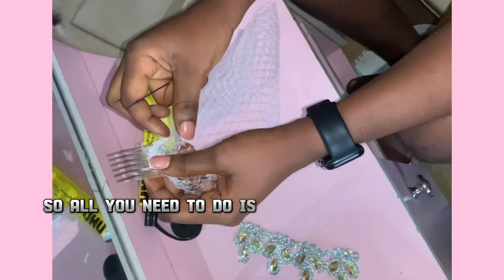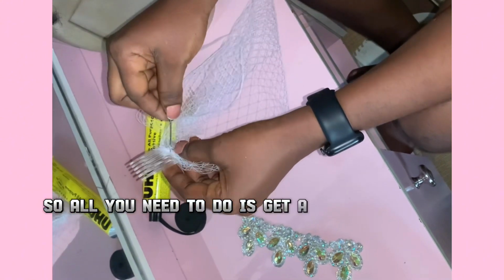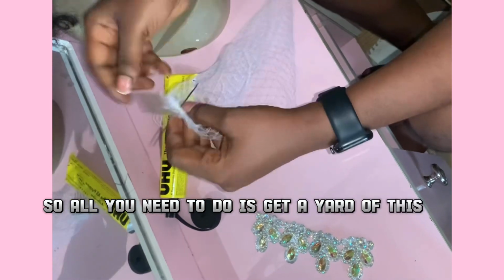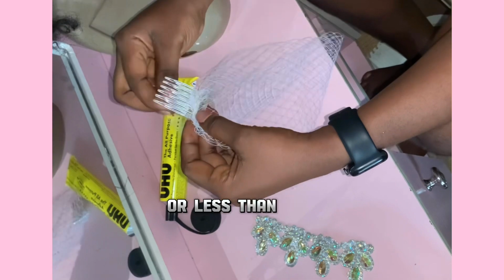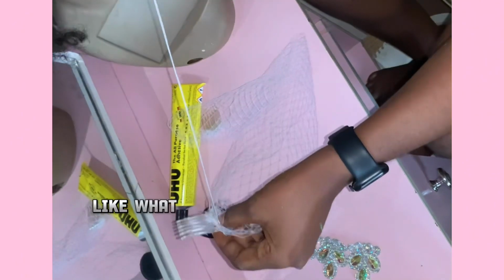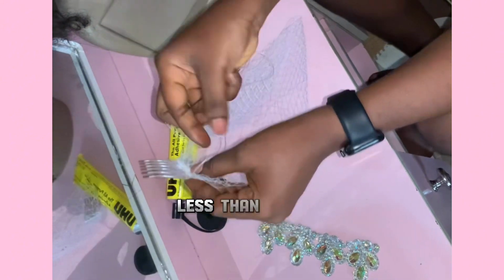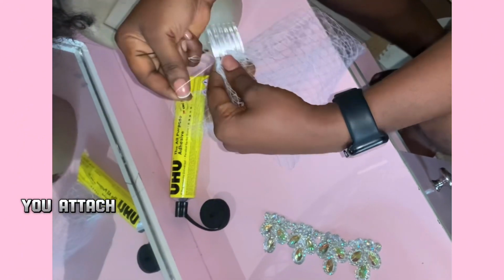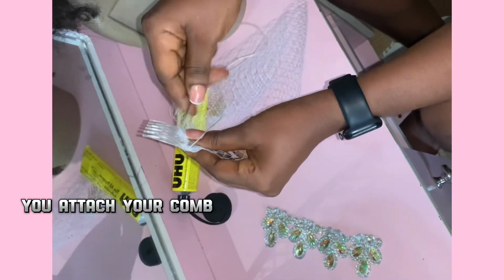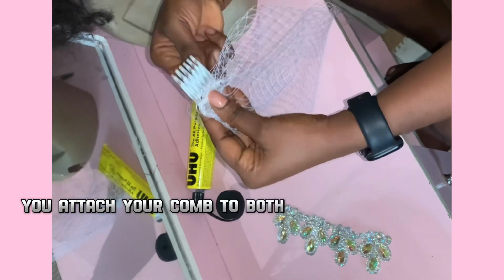So you just attach your comb to the fascinator, to the veil. It's not yet a fascinator until you are done with it. So you attach your comb to the veil with your thread and your needle. For it not to be too big, like the width covering the entire face, you just need to clip it a little to reduce the width. That's what I'm doing right now. You attach it to your comb carefully,